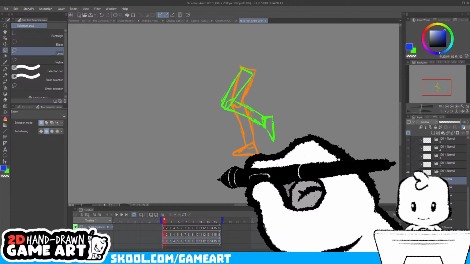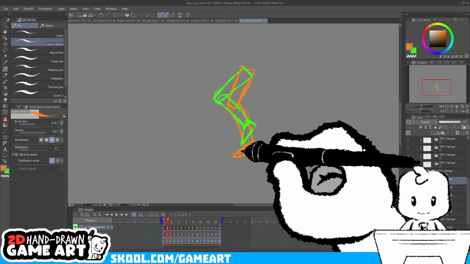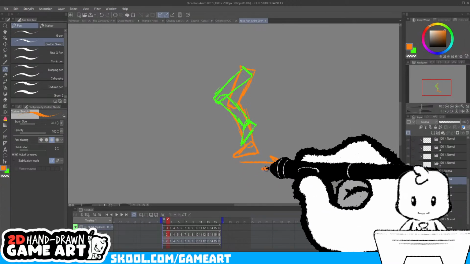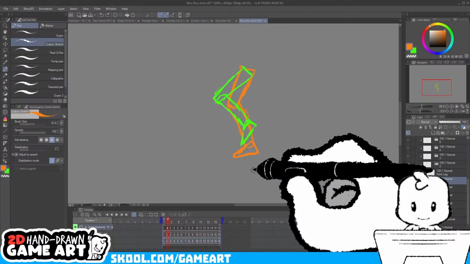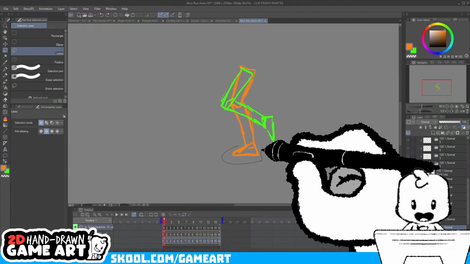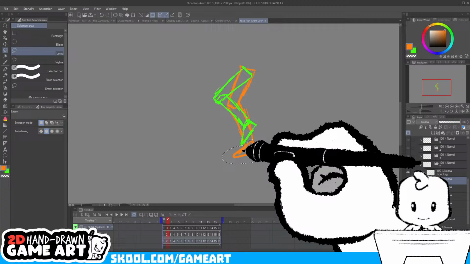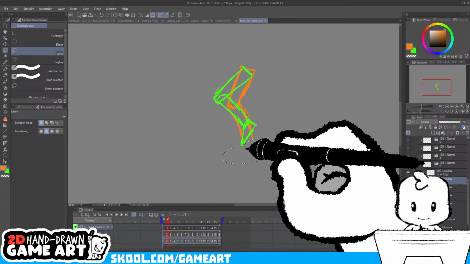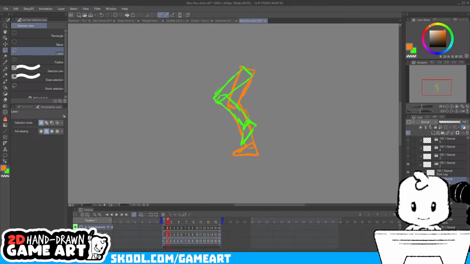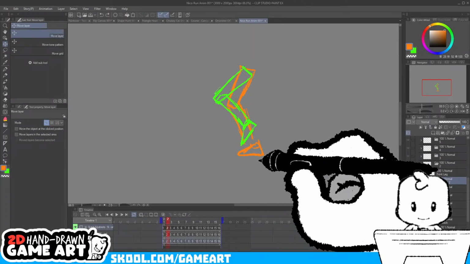So this leg, the back leg, is currently going to be moving in this direction. And I'm going to want to keep it on the floor still. So what I'm going to do is copy this foot from this previous frame, go back to the back leg here, paste the foot here, and slide it over.